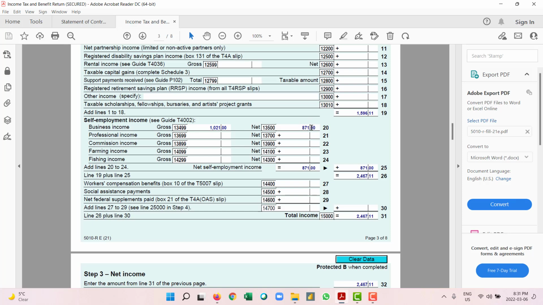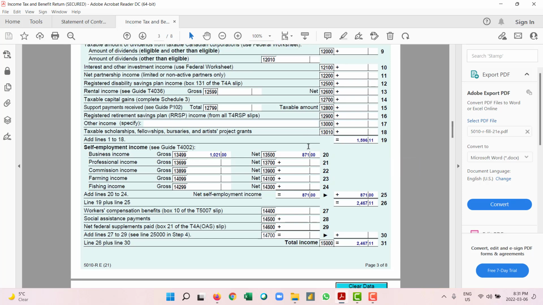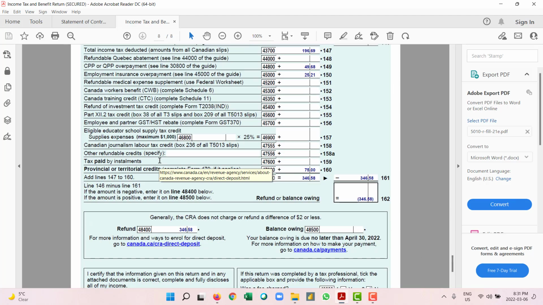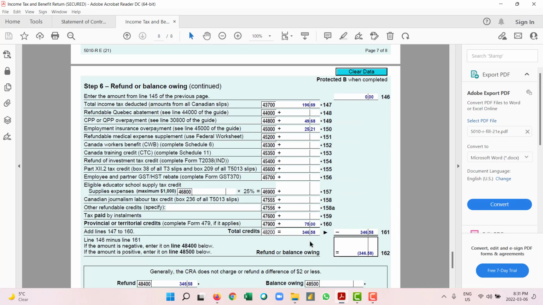That means I deducted $100 for my fuel, but the refund amount does not change. Refund amount is still $346.58